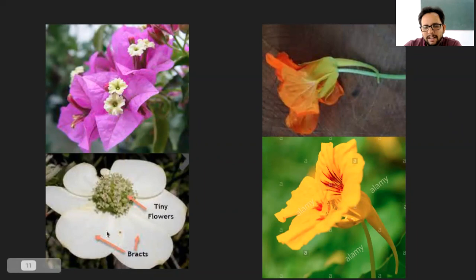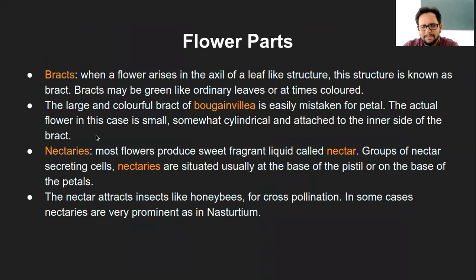Again, this is another example. This is more like a citrus flower, sorry, but this is not a citrus flower. It is something similar to that, where you have the small flowers at the center and the bract structure around it. And this is another example of a bracteate flower. I say bracteate flower because if the flower has bracts, they are called bracteate flowers.